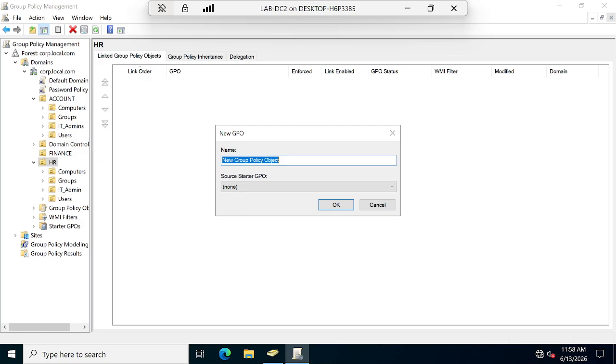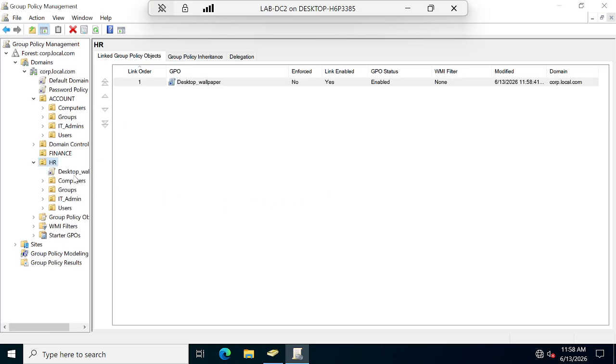This group policy name is desktop wallpaper. Okay, so inside HR we are creating one wallpaper. We are designing a wallpaper for this HR department. Okay, we'll click on edit,